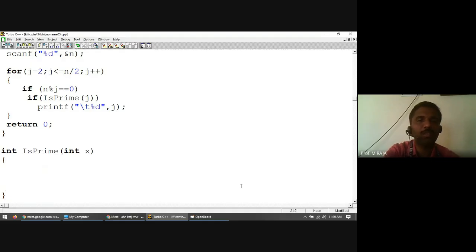How do we check if x is a prime number? Because j ranges from 2 to n by 2, the minimum value of j is 2. So we check if x is 2. If x is 2, then I am returning a value, for example, return 1. Else,